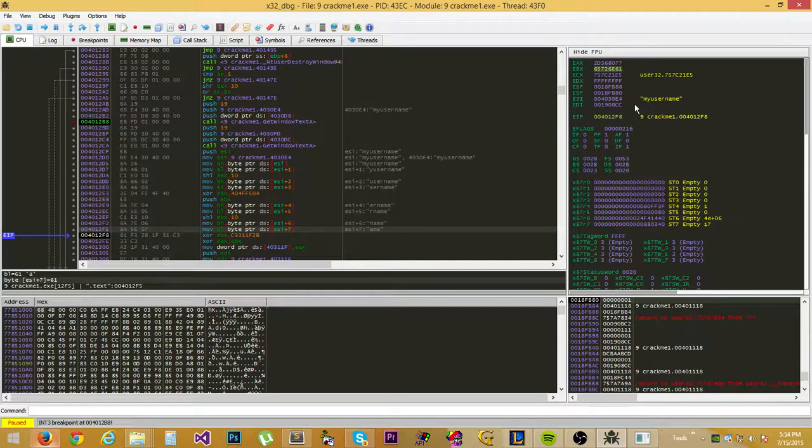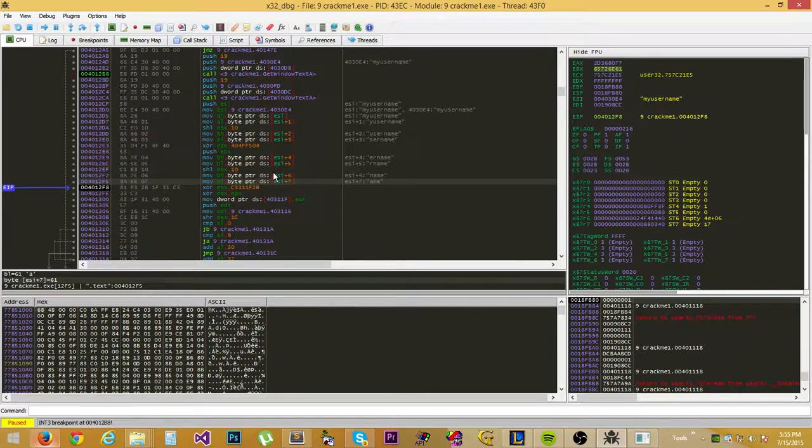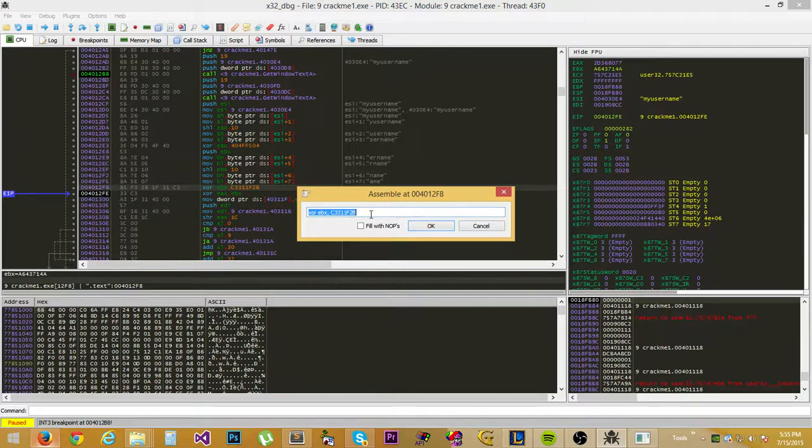So what it's doing, it's taking the first 4, 1, 2, 3, 4, and then taking the other 4s where it's actually left off. All right. So it's taking 1, 2, 3, 4, and then 1, 2, 3, 4. Okay. So this algorithm only cares about the first 8 characters of the username that you put in. From there, it takes that value, XOR it by this constant over here,